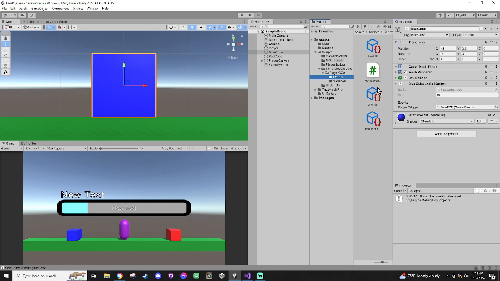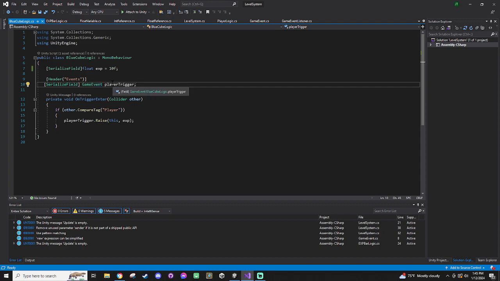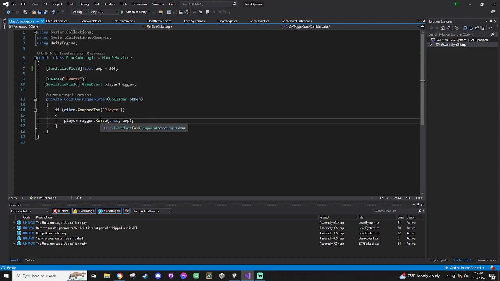So here I have gain EXP, level up, and remove EXP. This one's not implemented, but so on my blue cube here, I'm just able to drag the gain EXP event, and that gets defined here, player trigger, and in my on trigger enter, if my player enters the trigger for the blue cube, then player trigger raise, which is the event. I raise the event, and I